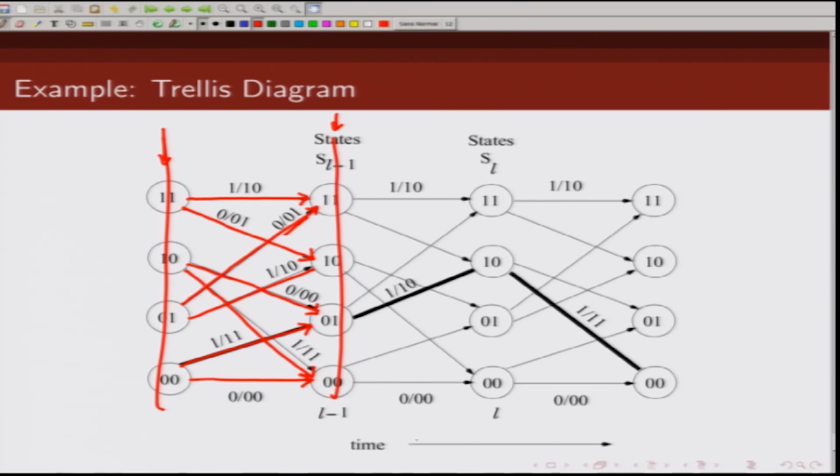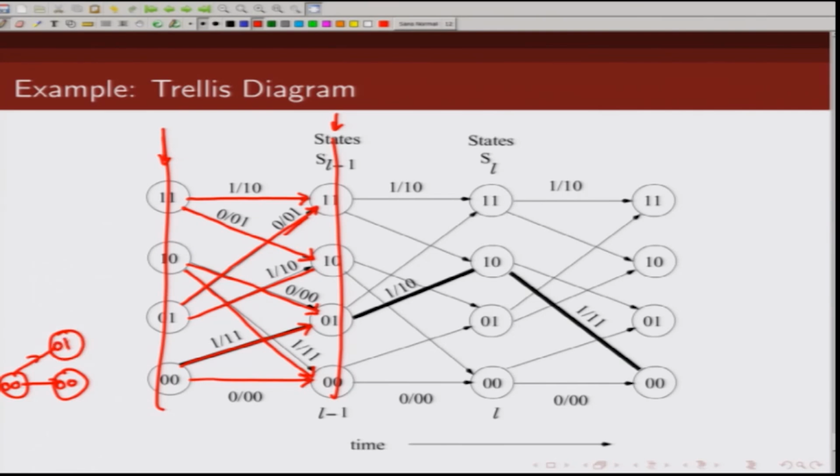The only thing now is that you have this. So, in a trellis diagram what do you do? You just combine all these trellis sections. Let us say this is the trellis section at time L, this is the trellis section at time L plus 1, this is L plus 2. That is how we add the time dimension to the trellis diagram. For example, initially let us say your convolutional encoder is in the all 0 state, which is 0 0. If you get a 0, you move to 0 0, and if you get a 1, you move to